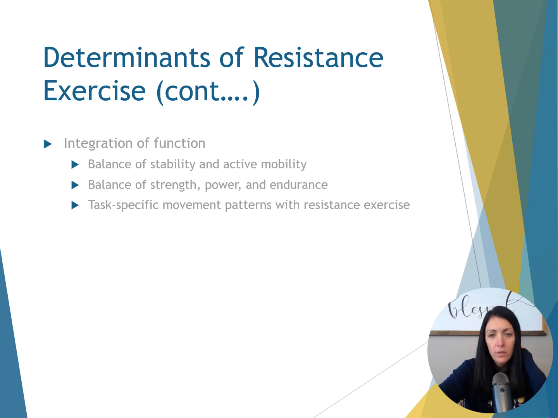When it comes to functional tasks, it's going to require a combination of muscle strength, power, and endurance. They also require more motor capabilities and produce slow and controlled movements, rapid movements, and repeated movements for long-term positioning. It's good to apply resistance during exercise in different anatomical planes, diagonal patterns, and even combined task-specific movement patterns. It's important for the strategy for a progressed resistance exercise program. Pushing, pulling, lifting, and holding activities can initially be done against a low level of resistance for a low number of repetitions.